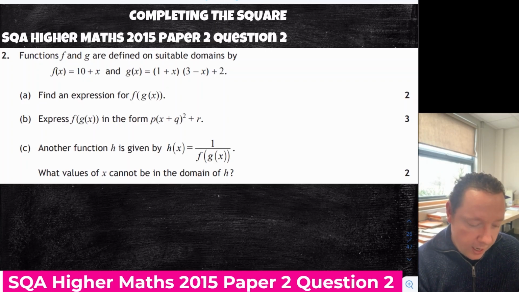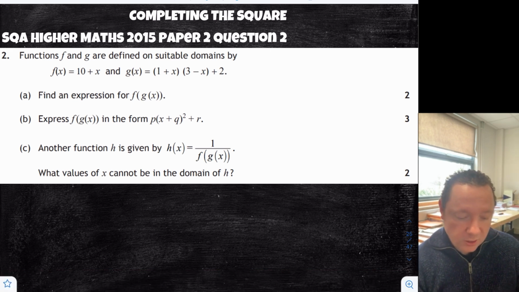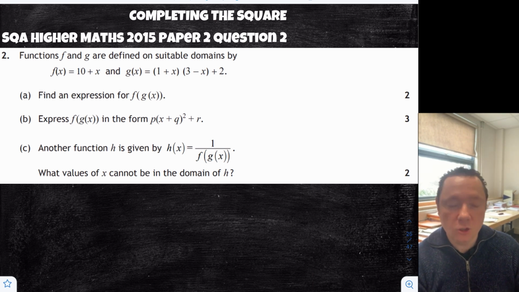Completing the square, SQA Higher Maths 2015, Paper 2, Question 2. The functions f and g are defined on suitable domains by these. First of all, it's a composite function question, but then there's a bit of completing the square at the end. So